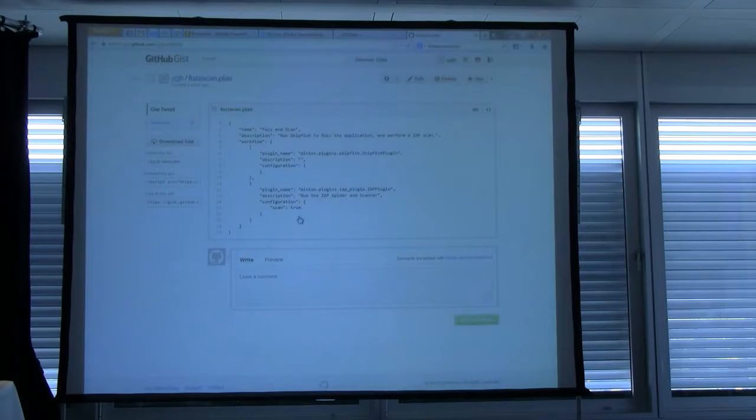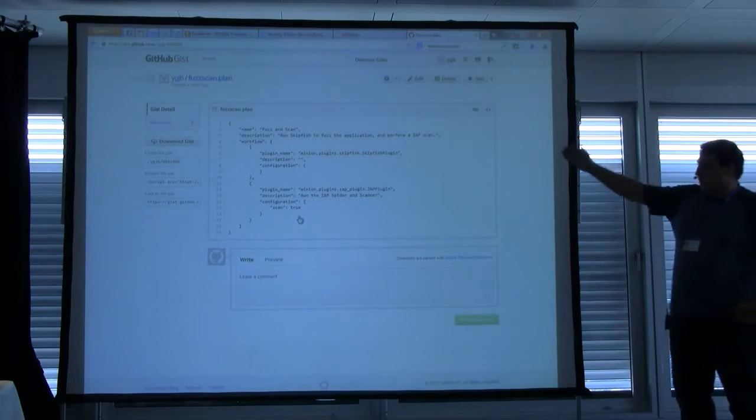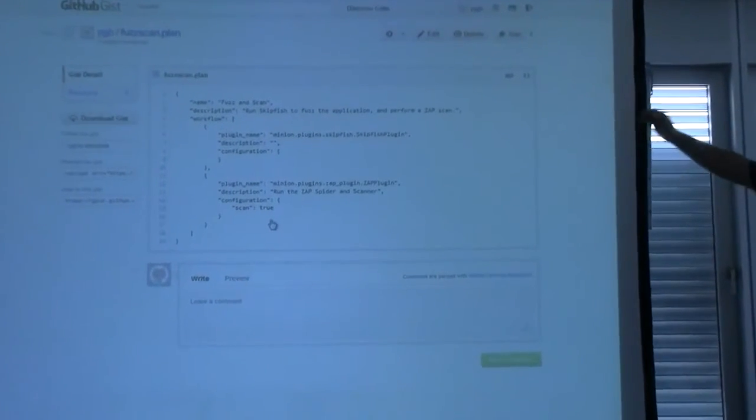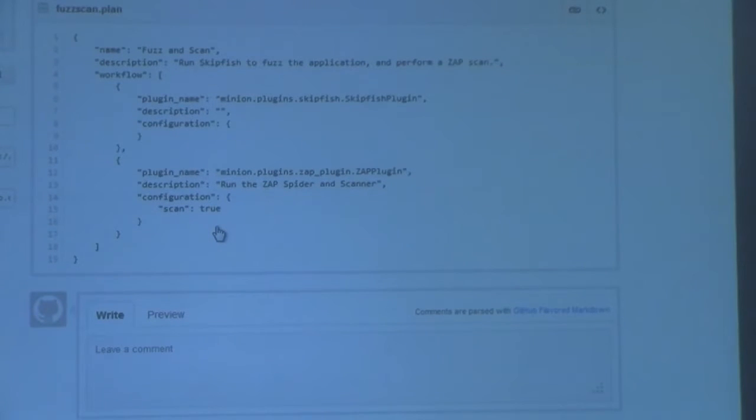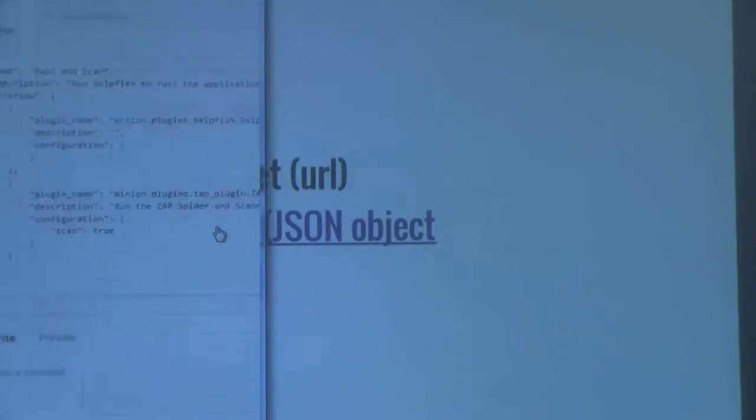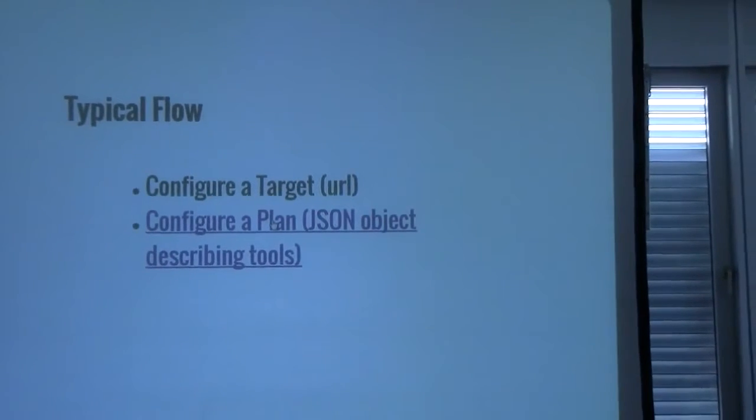I don't know if everybody can read that, but as I showed before, a plan is just a simple JSON object. It's a list, a brief description, a name, and then a workflow that describes each of the individual plugins and the order in which they'll be invoked, as well as any configuration parameters that can be set for that. It's extremely straightforward to write these. As we get into future iterations of Minion, we'll have a scan builder, or a plan builder rather, built directly into the web application. But right now, in order to iterate quickly, we just said JSON object, easy to edit. So that's all it takes to get a plan authored. And then once you have the plan,